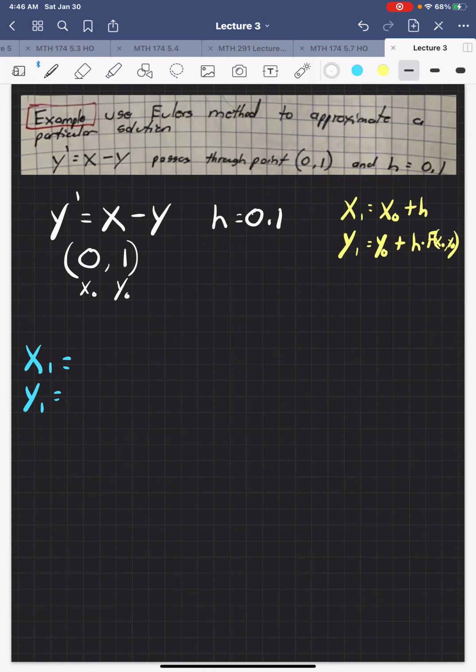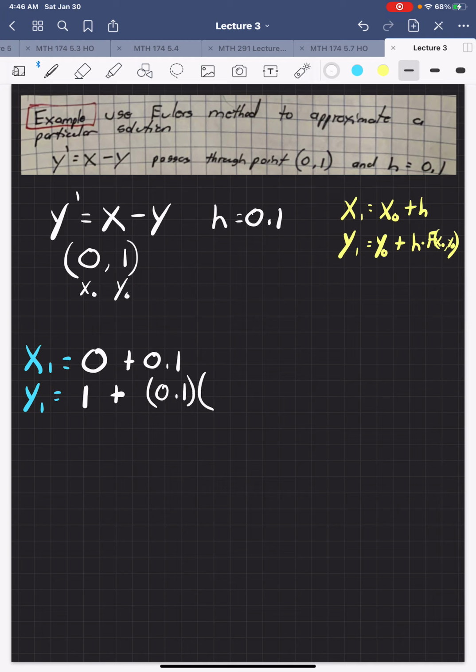So x sub 1 is going to be x sub 0 plus h. Well, x sub 0 is 0. So this is going to be 0 plus h, so 0 plus 0.1. All right, and now let's go ahead and approximate y sub 1. So y sub 1 is going to be y sub 0, which is 1, plus h, which is 0.1, times